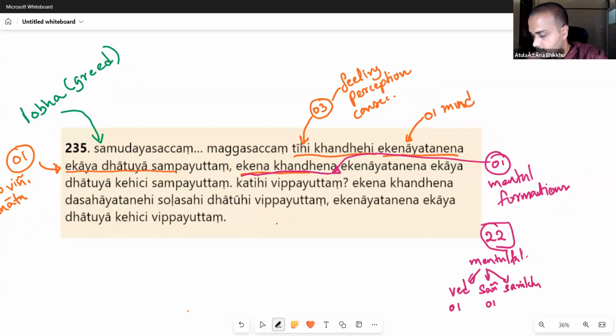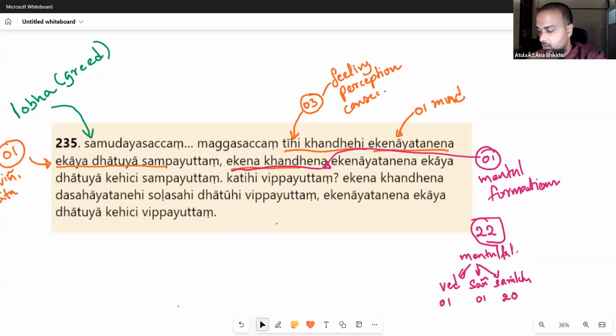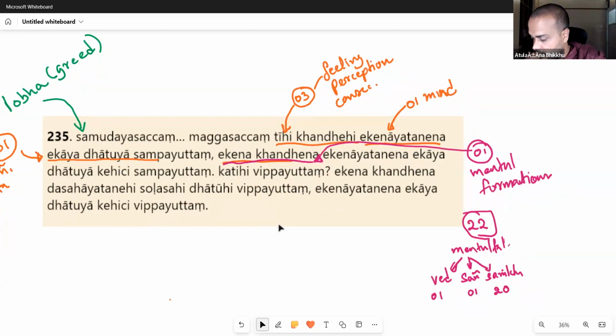So from those 22, there are 20 which belong to the Sankhara Khandha. Out of those 20, one is the lobha itself, and the other 19 mental factors